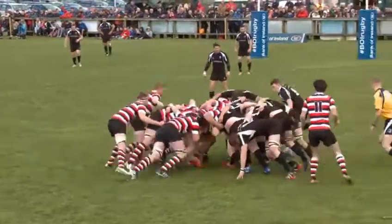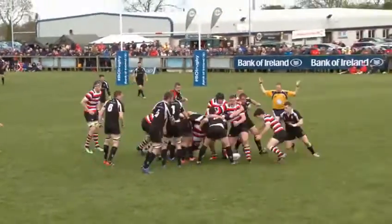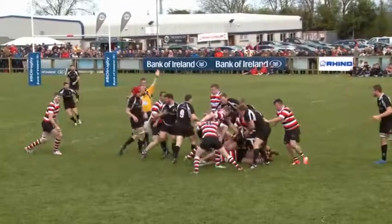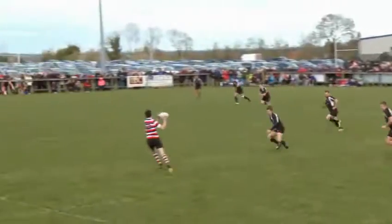Ball is fed quickly, but they're under pressure. The Enniscorthy scrum has definitely taken over. The ball is bouncing around, like a pinball at the moment. Enniscorthy have recovered. Ball is out with...